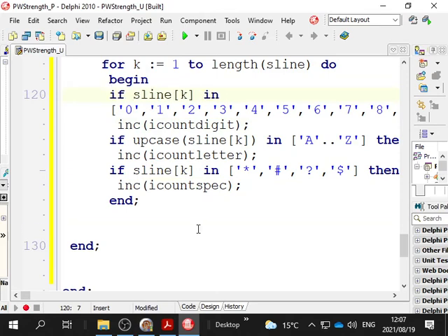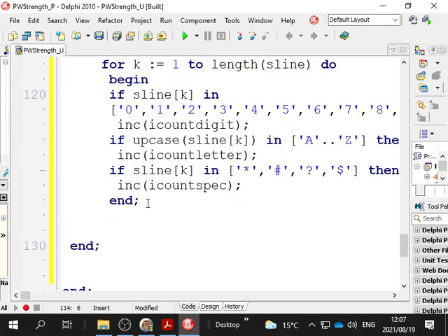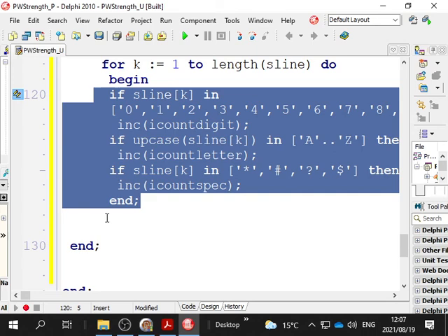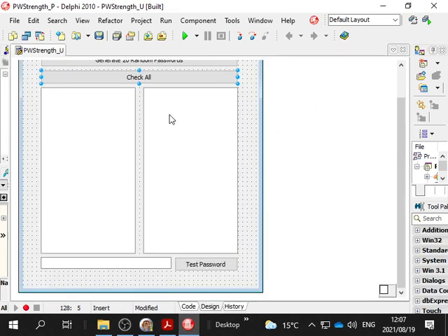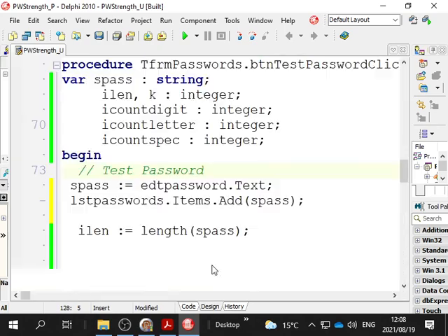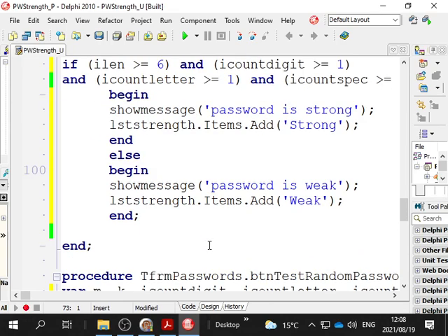Take note of how you make sure your indentation is making your code more readable. Very important to do that. Very important indeed. Now, after we've gone through counting all these digits, we now can get the code for the output from our test password button. So I will go